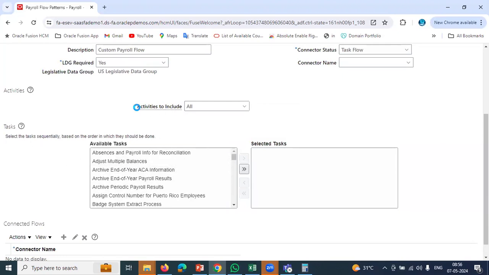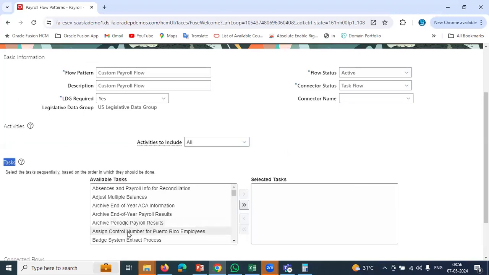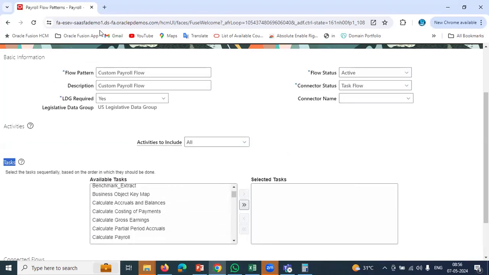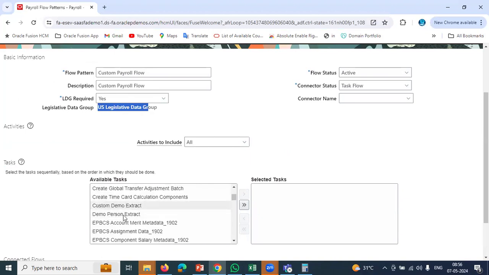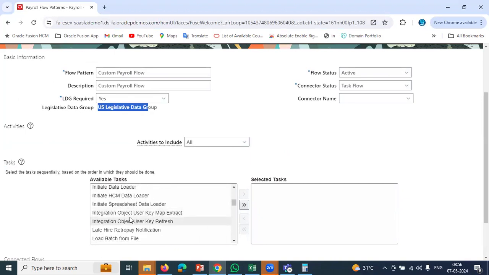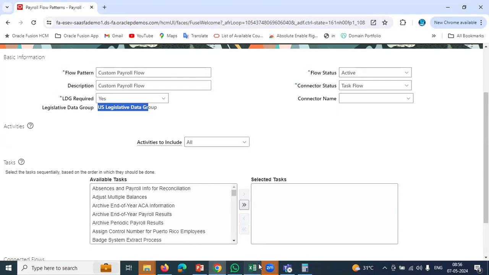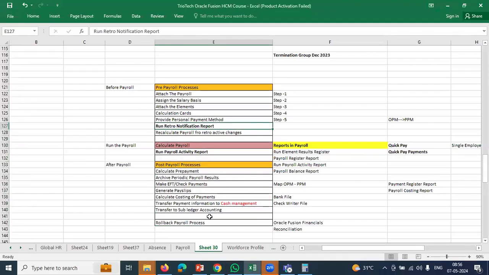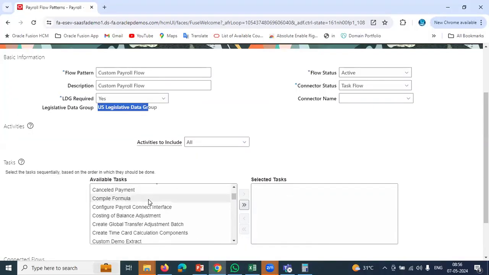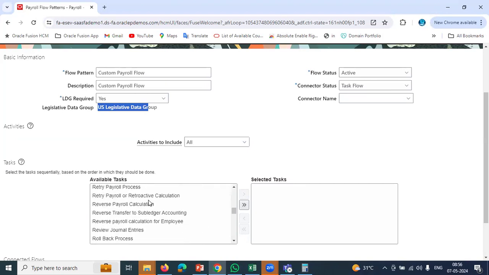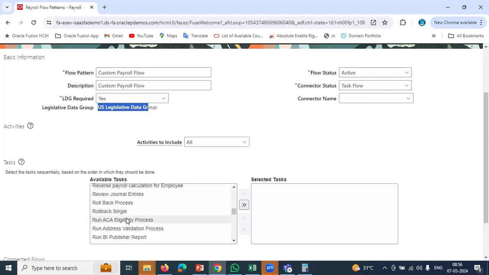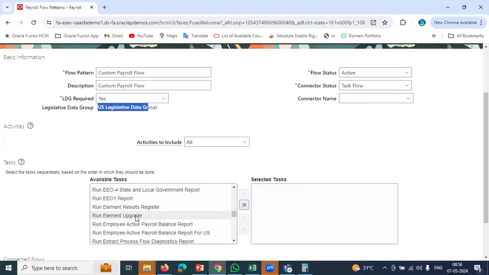See, the moment I selected here, team, activities to include, phases of a payroll cycle to include in the pattern, all the tasks, nothing but all the available payroll processes in the system under USLDG, all you can check out, team. These many processes are there. In that, whatever is our requirement, first will be run retro notification. Then, team, somewhere we can check out run retro